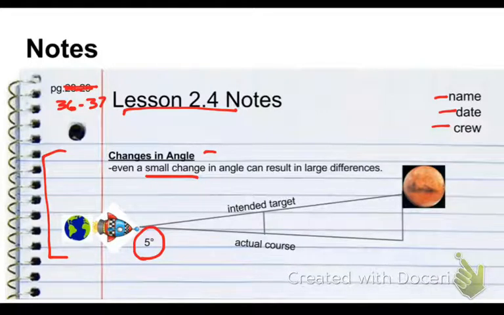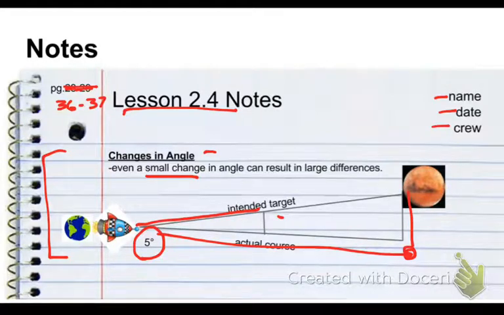Now, when it's actually on the launch pad, 5 degrees does not seem like very much. Doesn't seem like much at all. But by the time I'm about halfway there, I might be several 100,000 miles off course. And by the time I get to where I should be, I might be a million or more miles off course. All because that 5-degree difference at the beginning gets bigger and bigger as